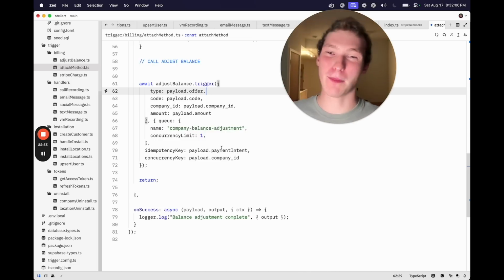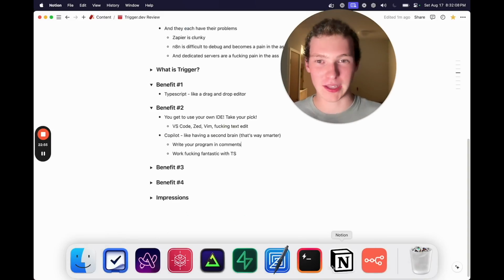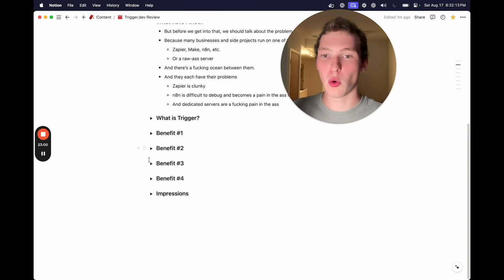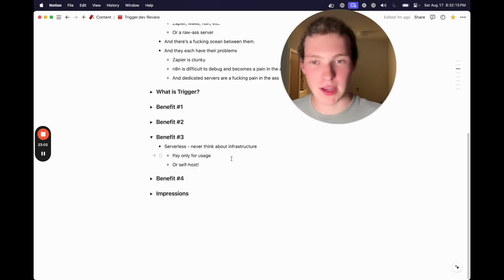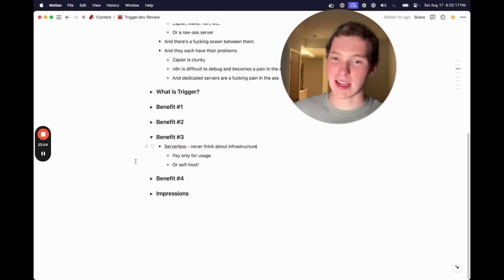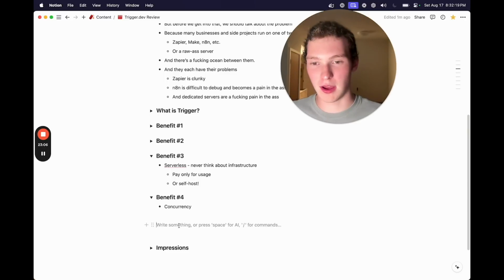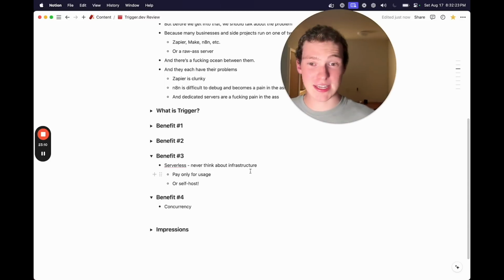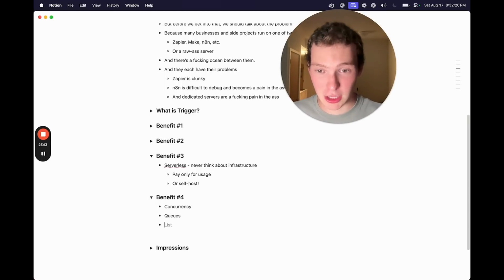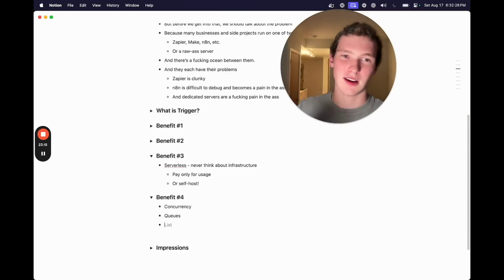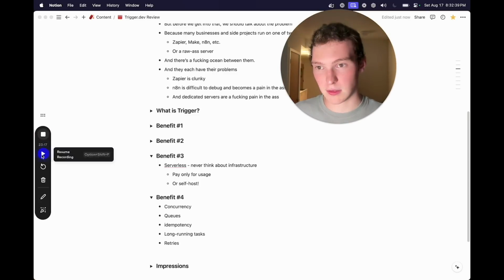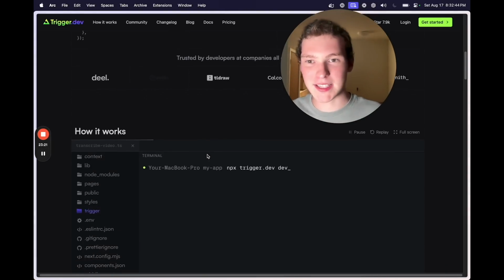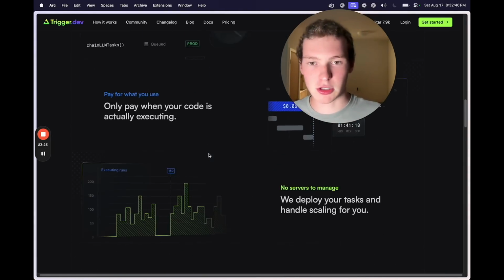It is amazing. So I love Copilot, and the biggest thing is you get to use Copilot and TypeScript with Trigger. So then the last thing is serverless. I'll bundle this with the last benefit: serverless computing and concurrency, and let's also say queues. Okay, so I'm gonna bundle all this together, but basically if we go back, I'll just scroll through this